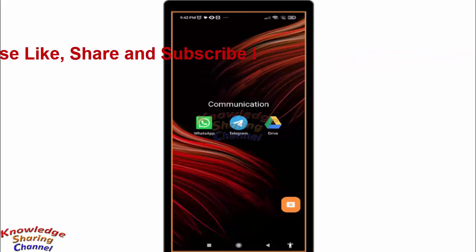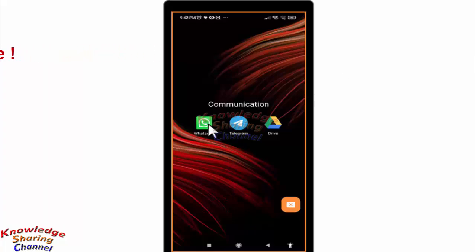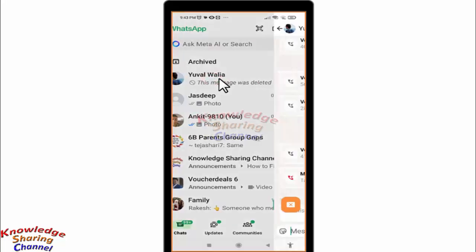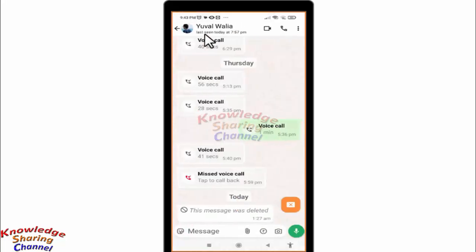Friends, in WhatsApp you can see when your friend had last used WhatsApp. Like if I open the chat window of my friend, here on the top I can see when he had last used WhatsApp. Like here it is showing last seen today at 7:57 pm. So like this others can also see when I have last used my WhatsApp. So if you don't want others to see your last WhatsApp login time, then you simply need to